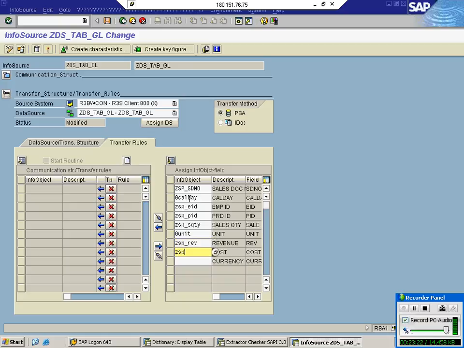Then revenue, cost, and this center. Sales quantity is not available.